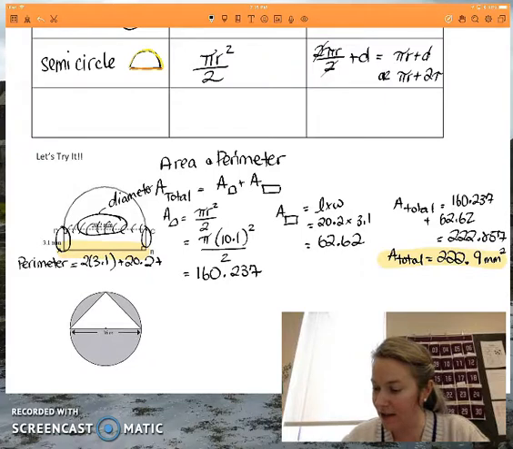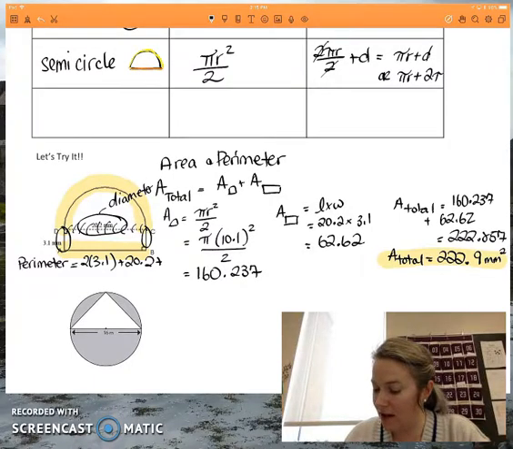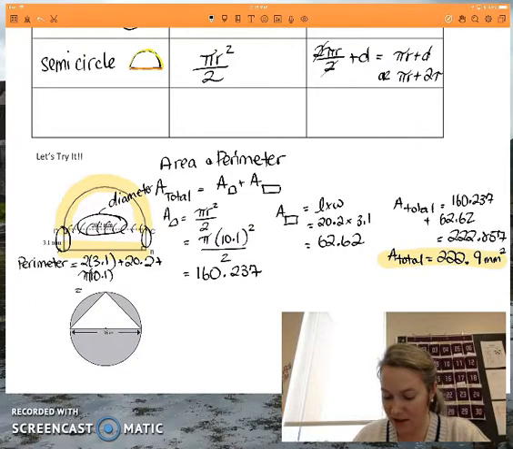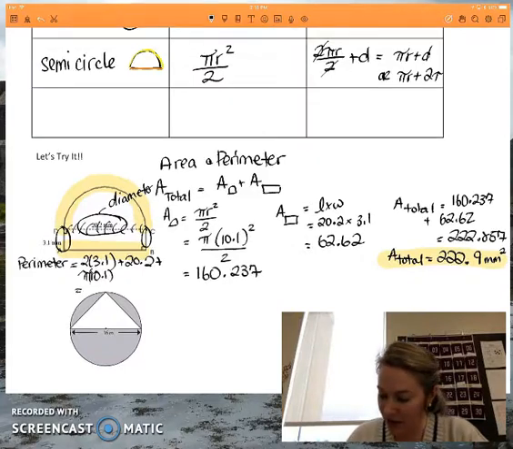What I need to add in is this half there. So we know that that doesn't have a bottom, so I don't need the diameter. That's just going to be pi r. The radius in this case is 10.1. I'm going to calculate that out. So 3.1 plus 3.1, because I have 2 of those, plus 20.2, plus brackets 10.1 times pi, equals